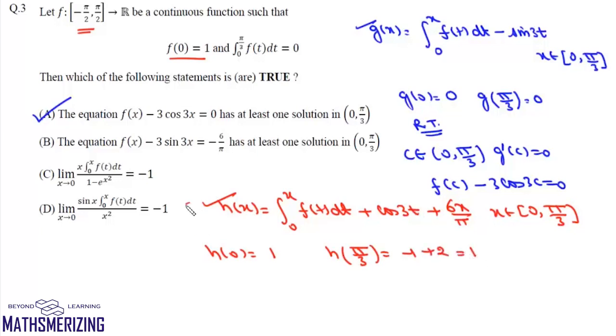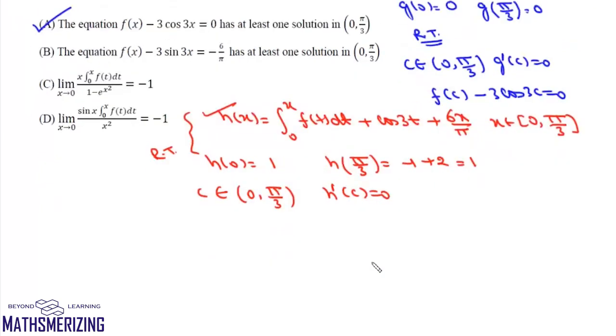So again this function h(x) satisfies all three conditions of Rolle's theorem. So from Rolle's theorem we can say there exists at least one c in the interval (0, pi by 3) such that h'(c) is 0. Now if we differentiate this function, we can write